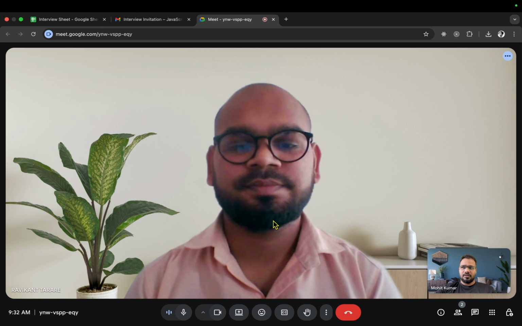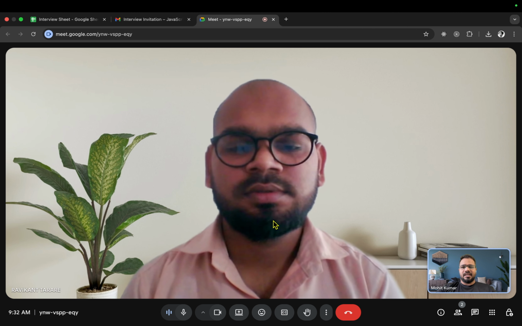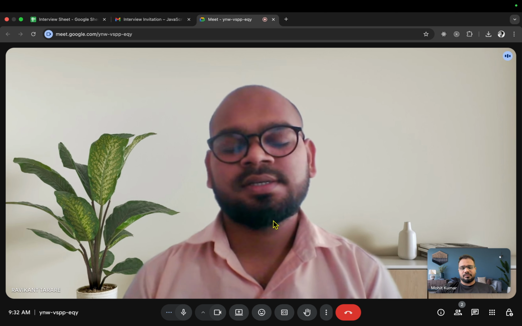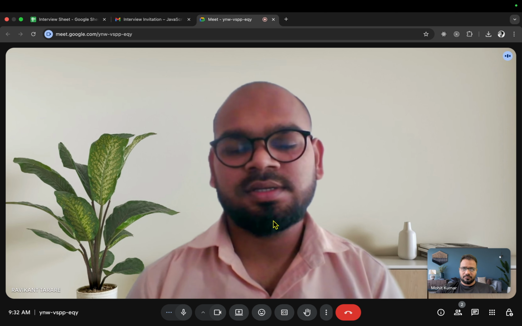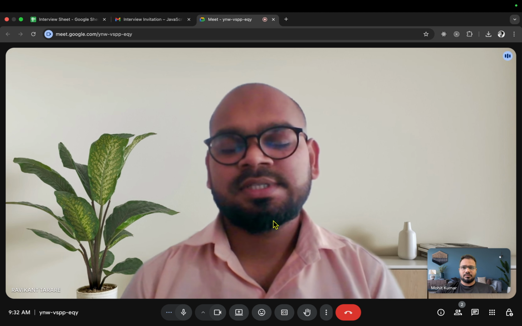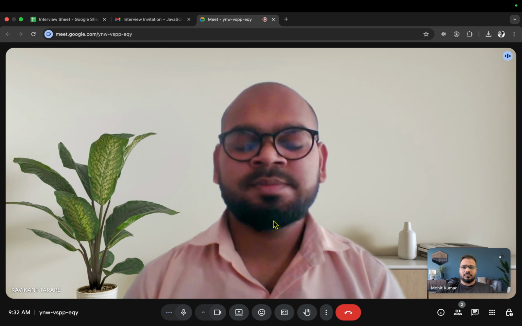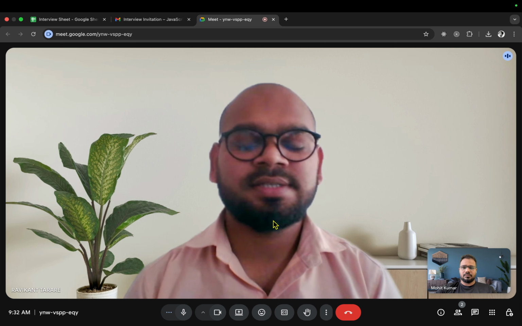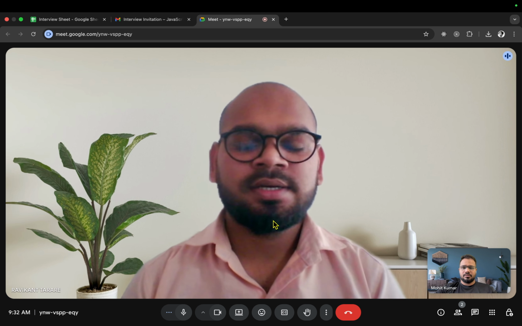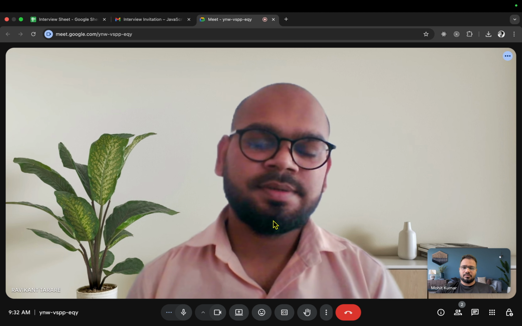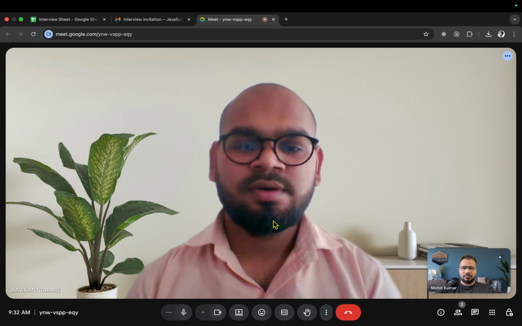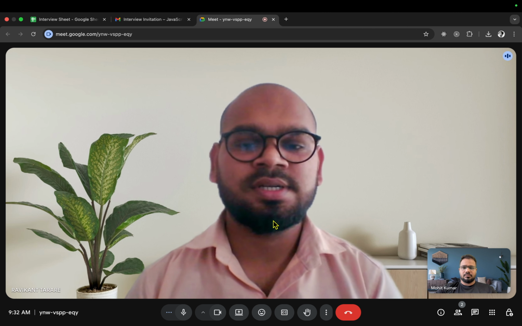Okay. What's the difference between block level and inline elements? An inline element starts on the same line, and we cannot directly assign properties like height and width to it. In an inline element, margin and padding don't work in the vertical direction. They only work in the horizontal direction.